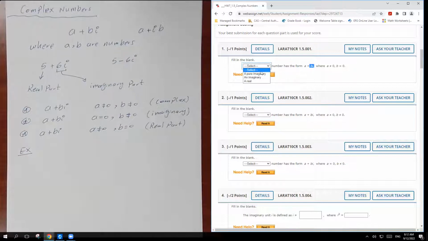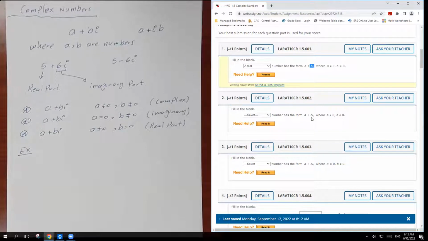So what are we going to choose? We choose a real number. A real number has the form A plus Bi, where A is not equal to 0 but B equals 0. That means the imaginary part equals 0, so this is called a real number. The second one,